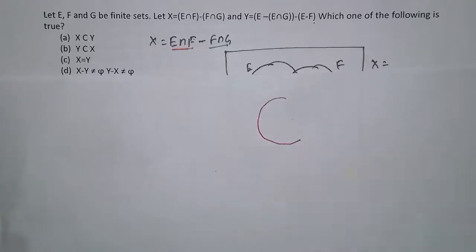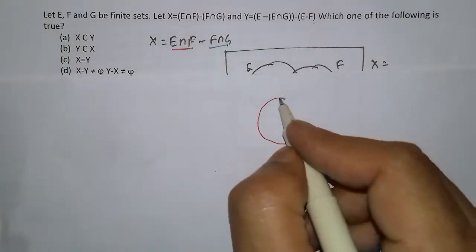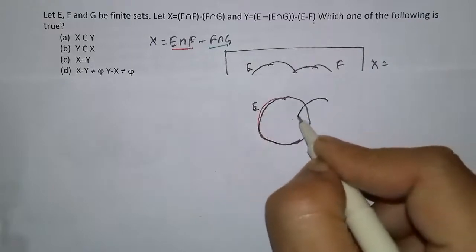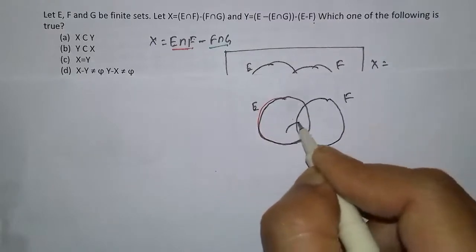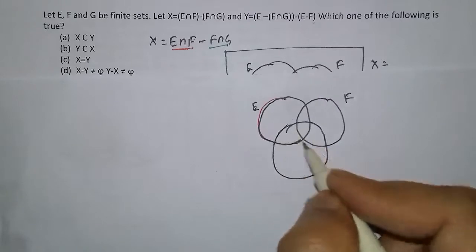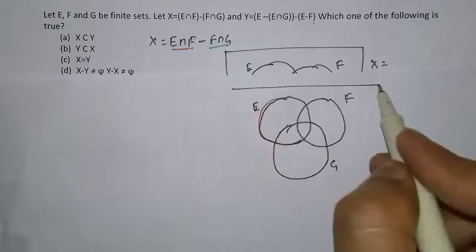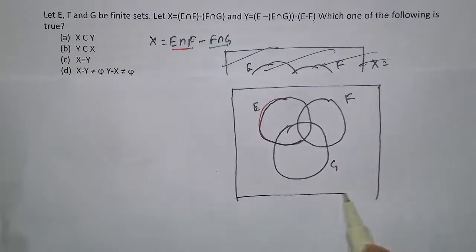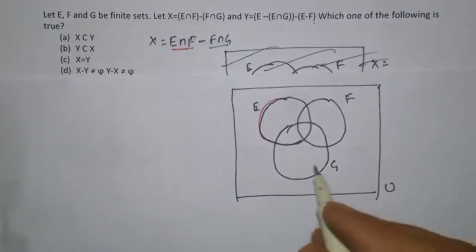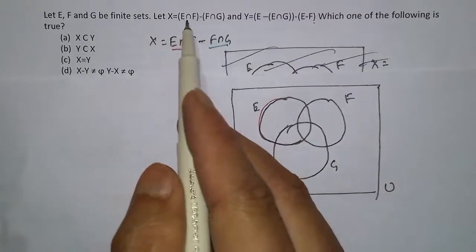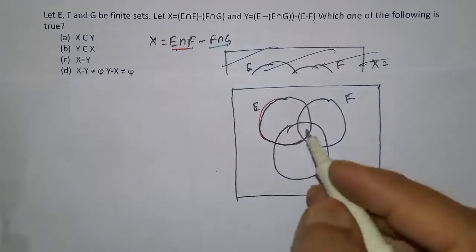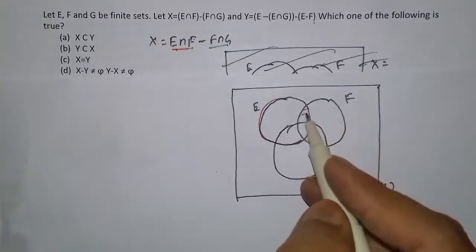See, this is set E, this is set F, and this is set G, and this is the universe of discourse. So E intersection F will be in red, E intersection F will be this thing,